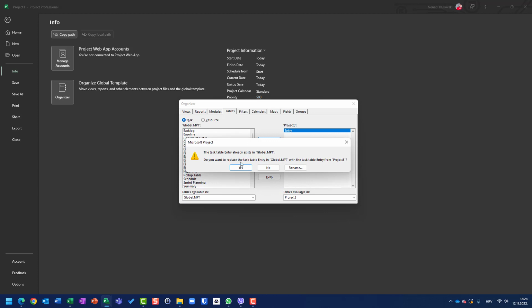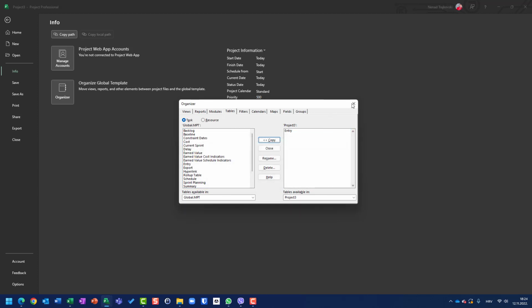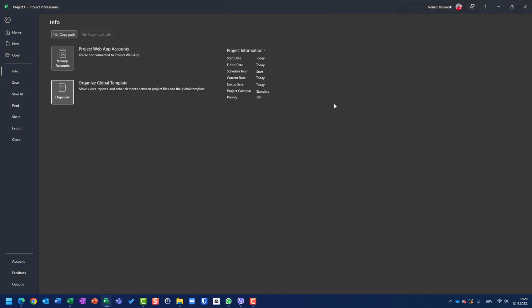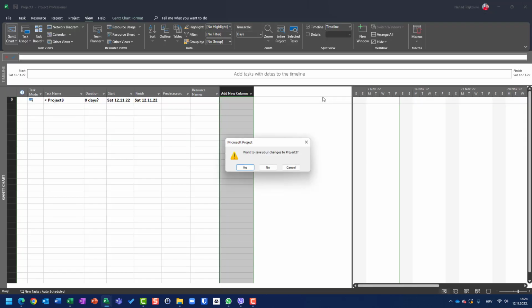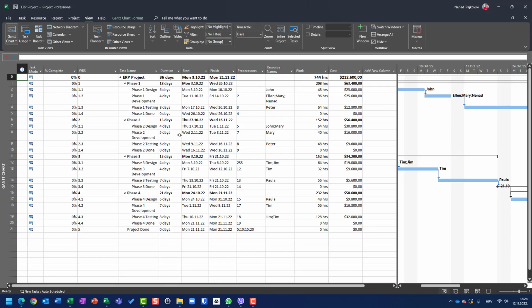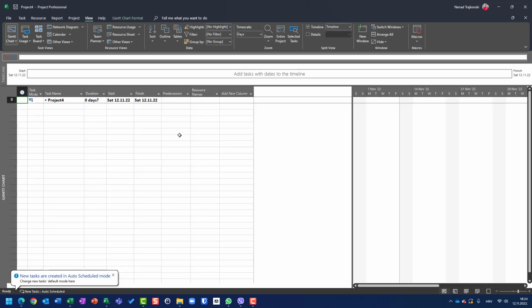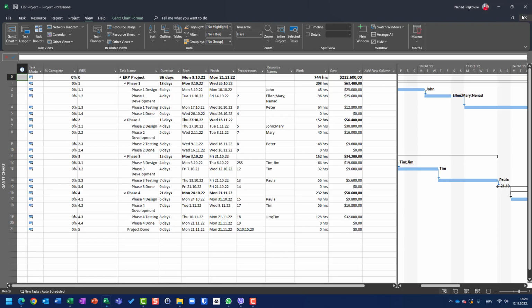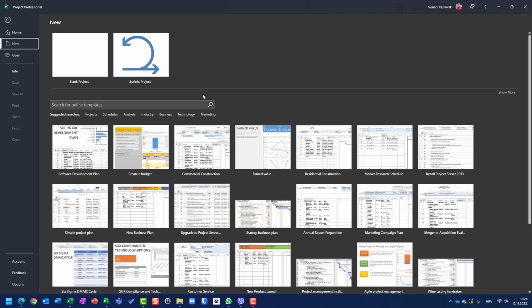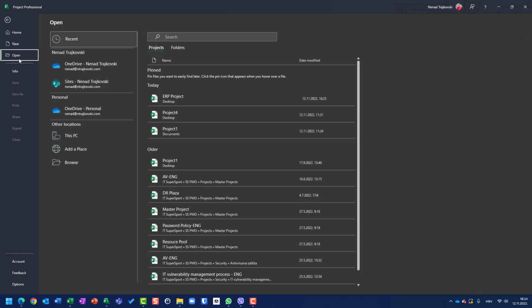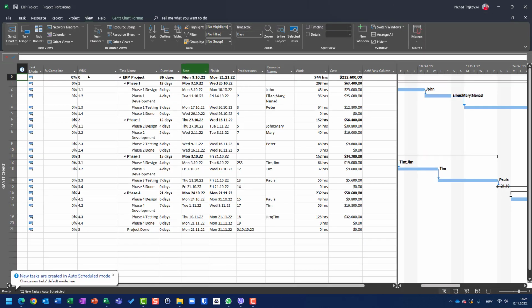So if I copy and I override this previous, and if I, let's say, close this project and open a new project, you will see that it was gone. So when you put something in global template, it applies to all new projects, but not to old projects, because once again, I will now close this project and I will open the ERP project. The same old